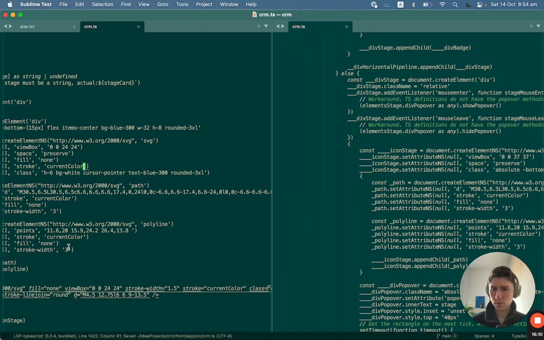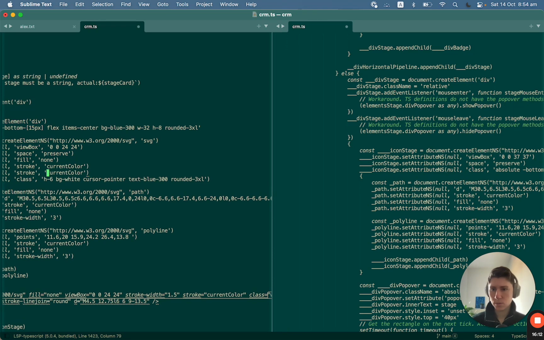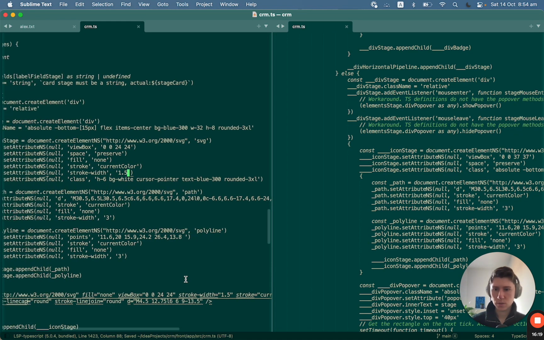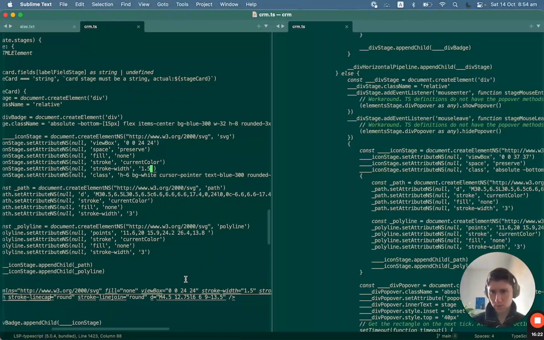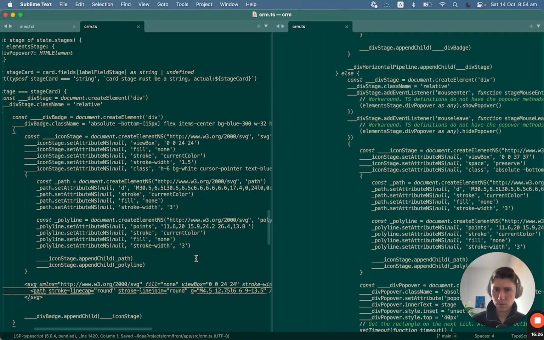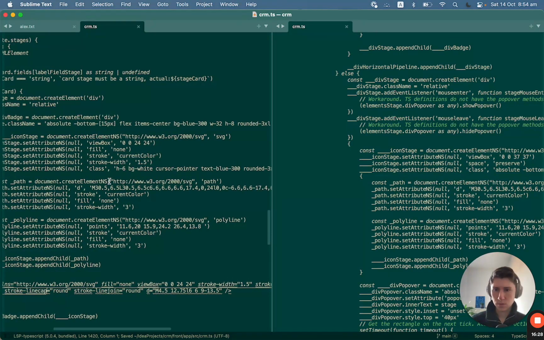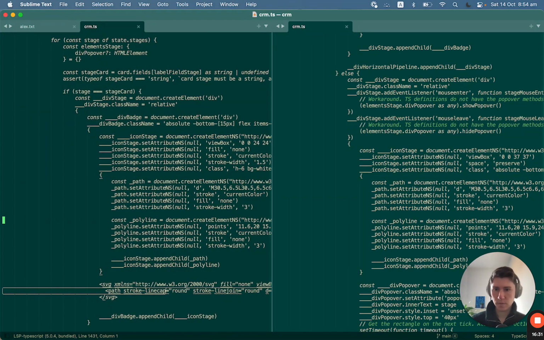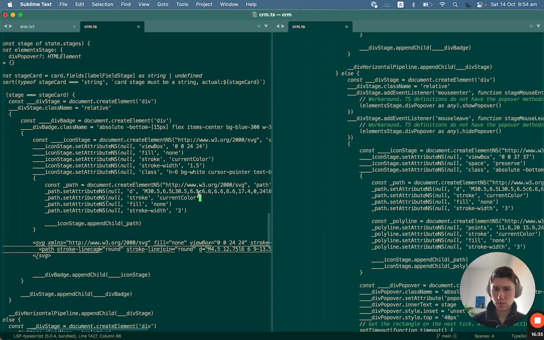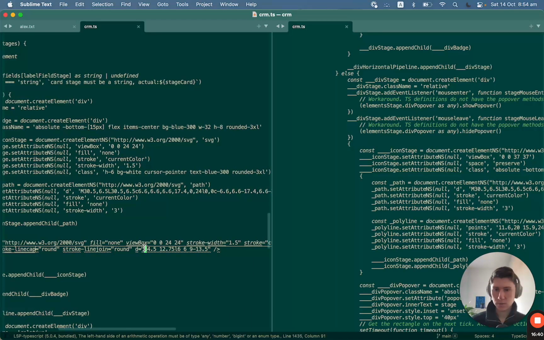Stroke width is 1.5, and I guess the space we don't need. And then inside of that we only have path. And the path is a little bit different,